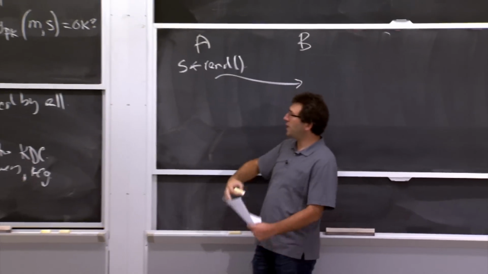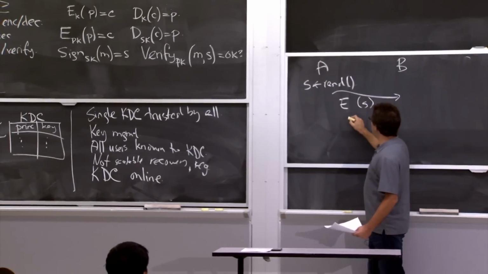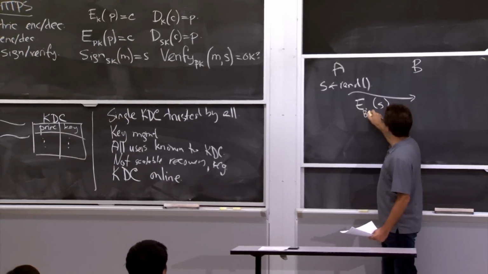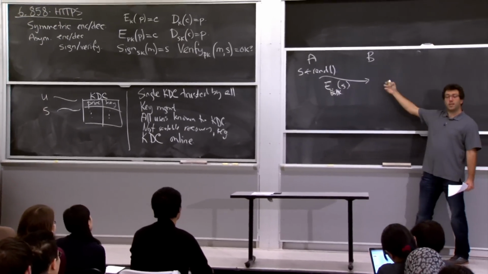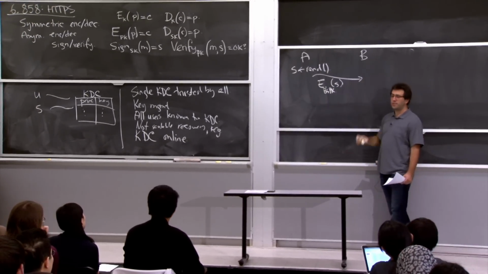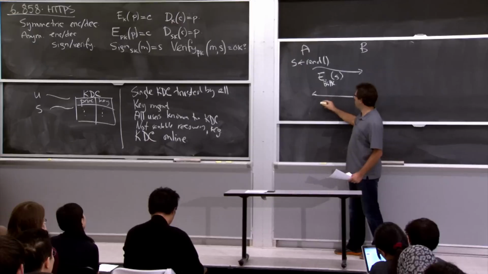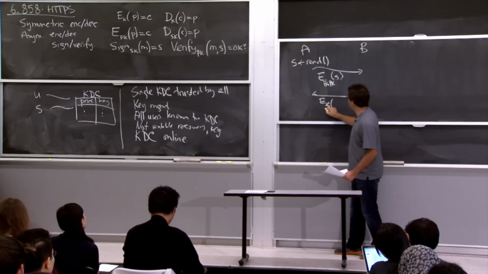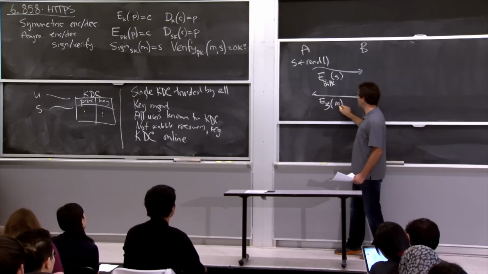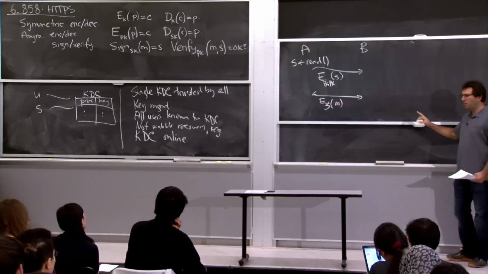With public key crypto, you can actually do this now. We can just encrypt the secret S using B's public key. And we send this message over to B. B can now decrypt this message and say, aha, well, I should be using this secret key. And now we can have a communication channel where all the messages are just encrypted under this secret key S. Does this make sense?